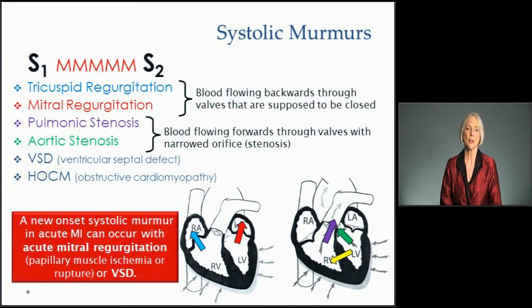So when you hear a new onset systolic murmur, especially in an acute MI patient or somebody with just acute ischemia, that can be a sound that you hear because of acute mitral regurg due to papillary muscle dysfunction, either ischemia or rupture, or a new ventricular septal defect. They've just blown a hole in their septum. Both of those problems, papillary muscle dysfunction and a VSD, can be side effects, or I should say complications,